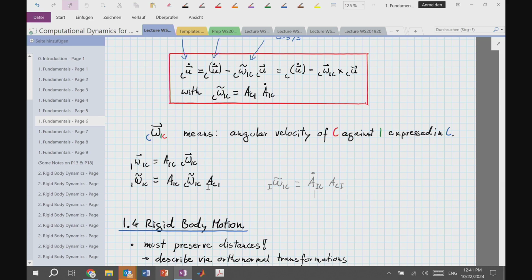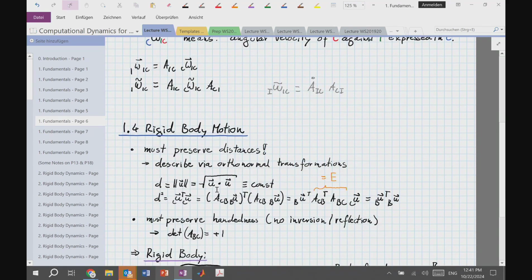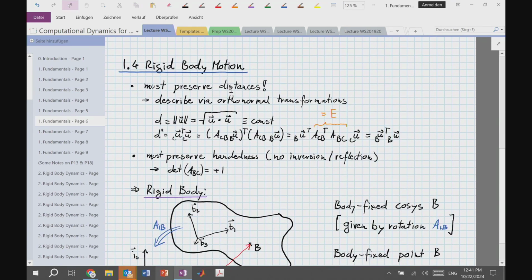I want to move on now and use these tools that we developed to describe the motion of rigid bodies. So I want to talk about rigid body motion. And you already see it here on your slide. If we think about rigid bodies, we first have to come up with the definition. What does it mean if a body is rigid? Well, if I think of a body as a collection of individual points, and those points never change their relative distance to each other, right? If I pick any 2 points, track them over time, their distance remains constant,